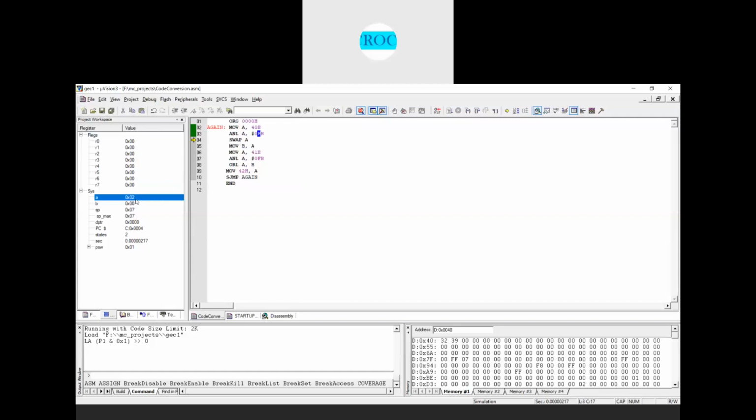Now I'll perform the SWAP operation. Before the swap instruction the accumulator was 02; after executing it, the accumulator has 20. Now this 20 I will move into register B, so that B is having the content 20.